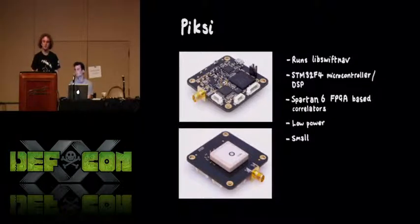It's low power depending on the firmware you're running. It's a little under half a watt. It's small. It's like a couple inches square. So yeah, these are our new tools, and